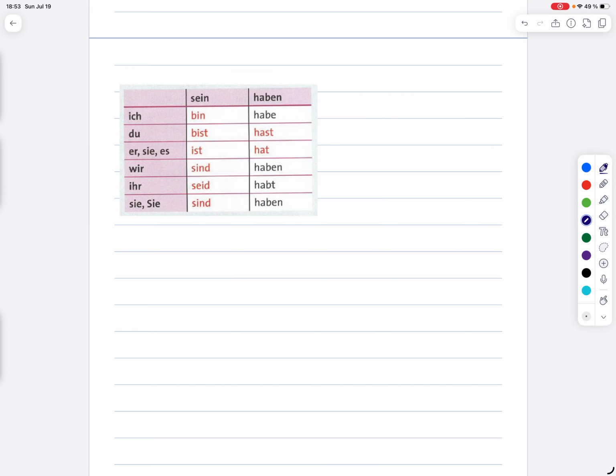Hello everyone. So today we will look at two important verbs in German, which are sein and haben. I will start with some examples in English and then try to explain sein and haben in German and how they are used. So in English we say many times the sentence, for example, I am, he is, they are,